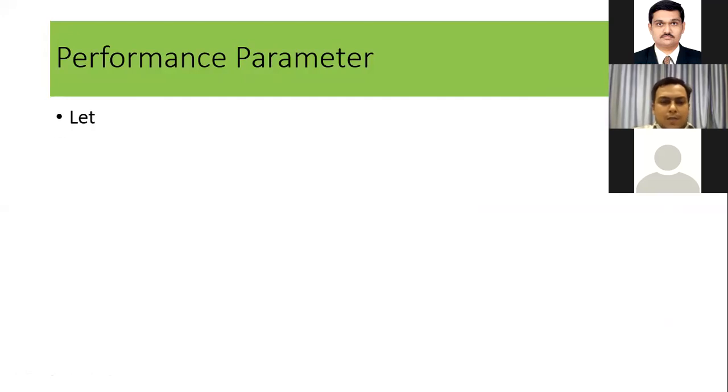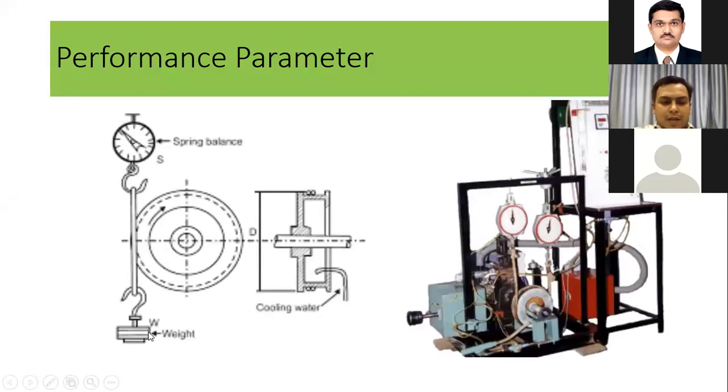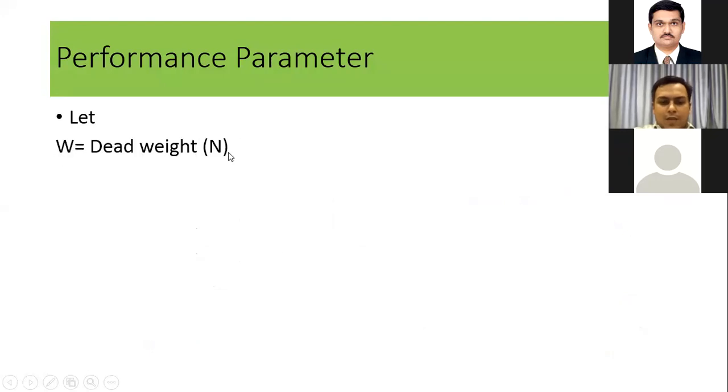Now from the previous figure we can understand that W is acting in the downward direction, which is called the dead weight. Actually we measure weight in kilograms, but here we take it in Newtons. So if in the numerical it is given in kg, then we need to multiply it with the gravitational acceleration, as all of you know W equals m into g. Suppose a 5 kg weight is suspended at the end, then 5 is multiplied with 9.81, but generally we take it as 10, so it is 50 Newton. This kind of conversion may be required in numericals.